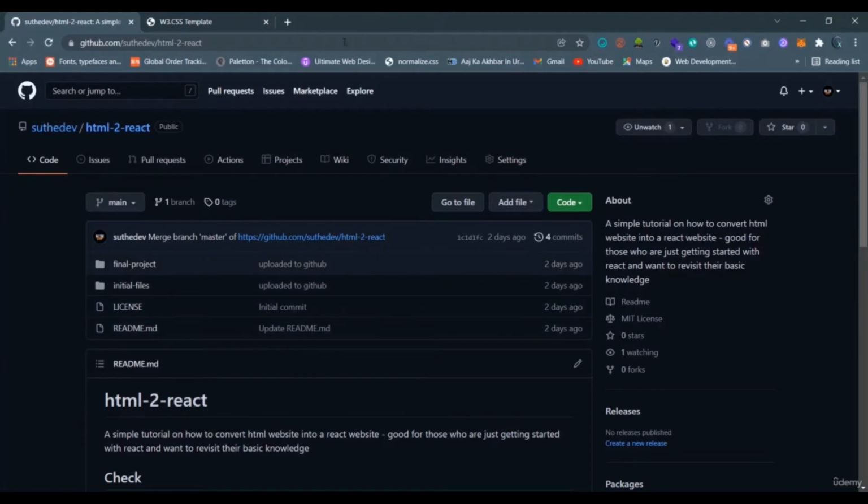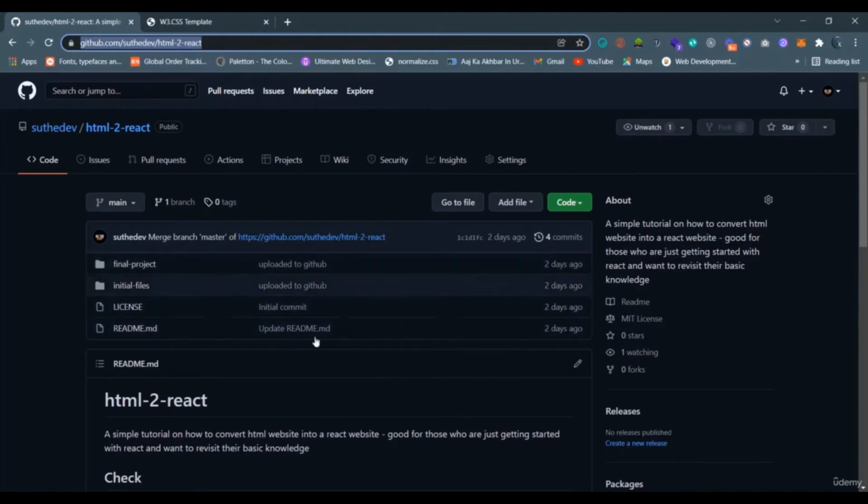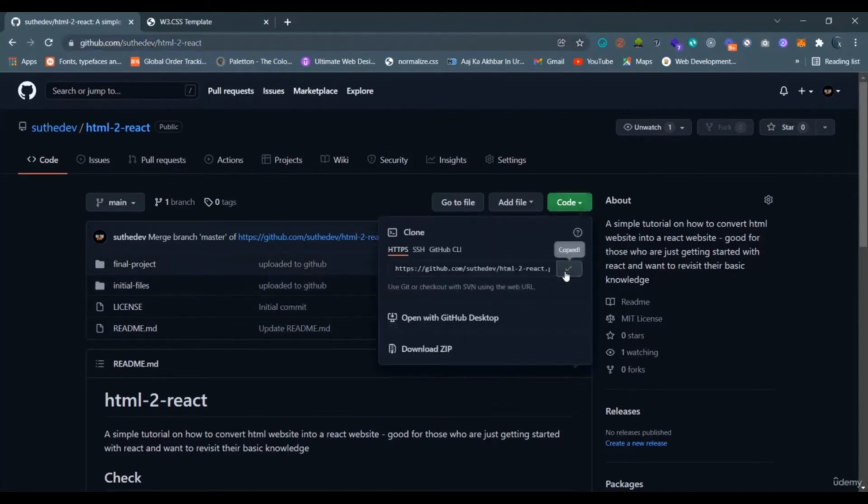So I've added this link in the description. You can go to this link and download the files. These are the initial files that we are going to use for this tutorial. You can simply go to this code and copy, or you can download a zip as well. So copying this HTTPS URL, and then you can